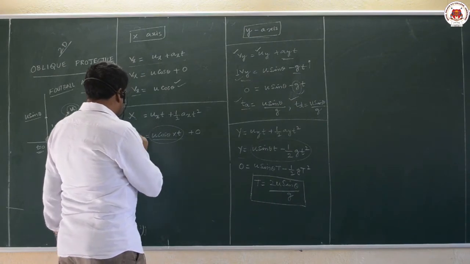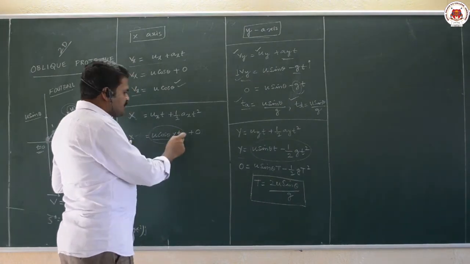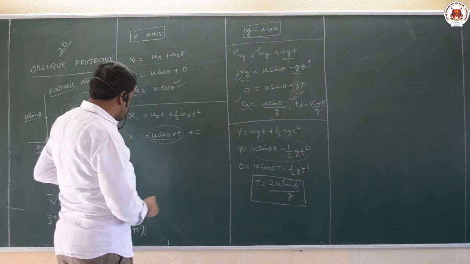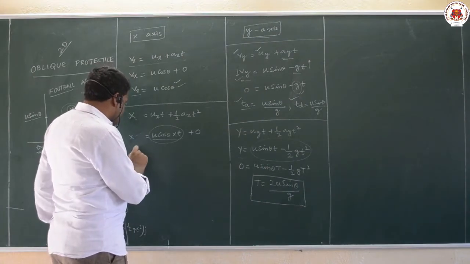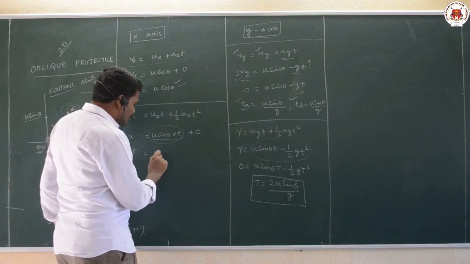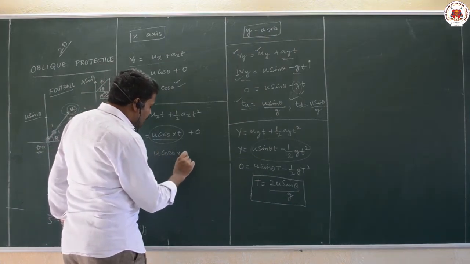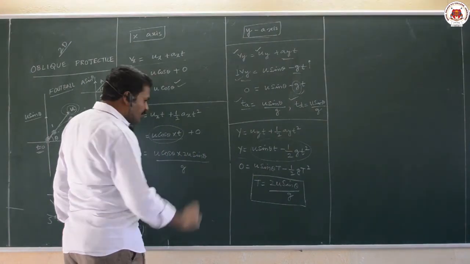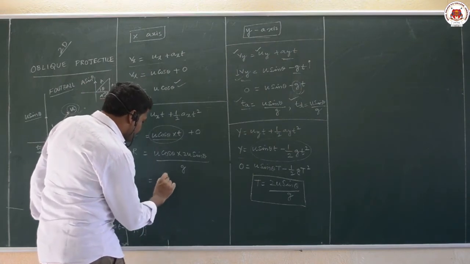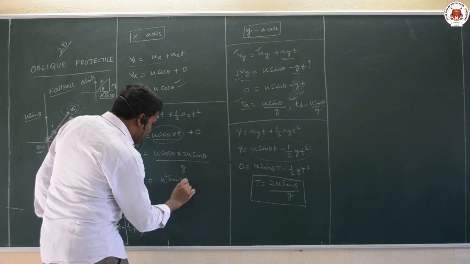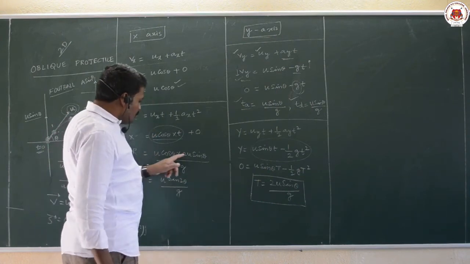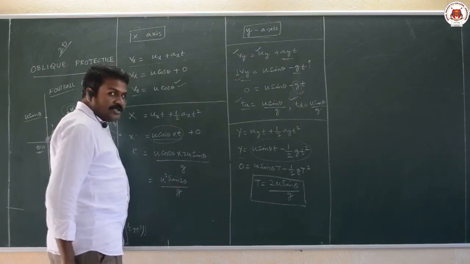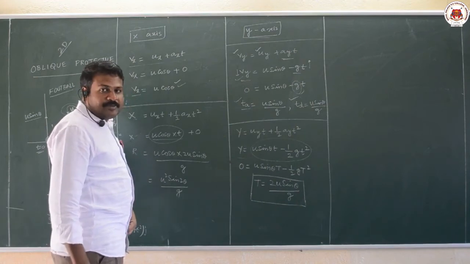Next, when you come to the x value, if you observe, x increases with time, it will never decrease. X is maximum when time is maximum, and the maximum value of x is called range, that is equal to u cos theta into 2u sin theta by g. X is equal to range when time is equal to time of flight. So this can be written as u square sin 2 theta by g, because 2 sin theta cos theta can be written as sin 2 theta, that is R is equal to u square sin 2 theta by g.